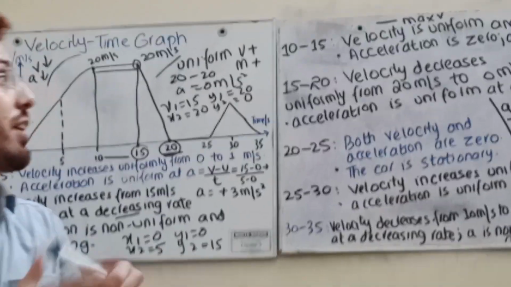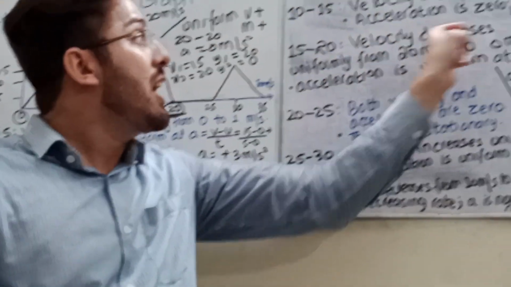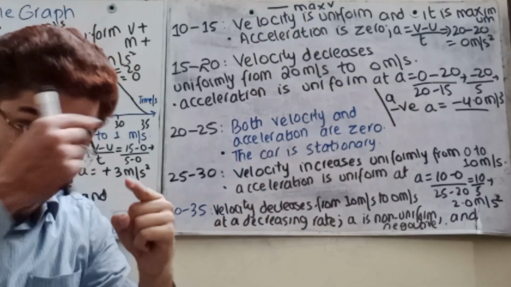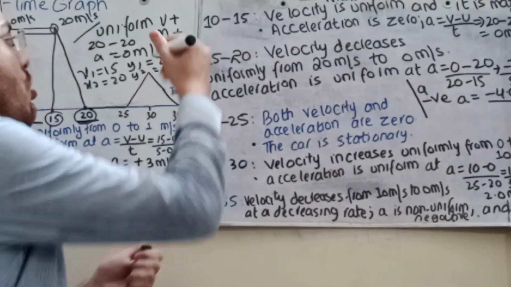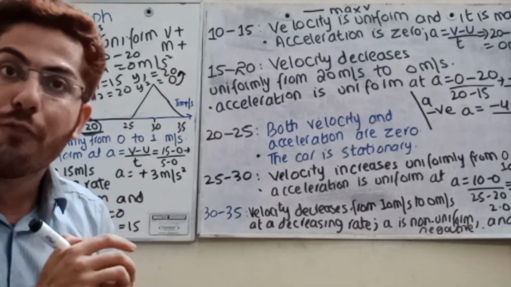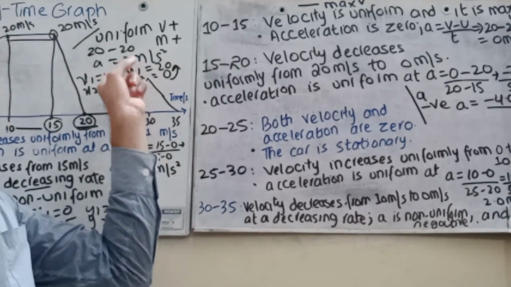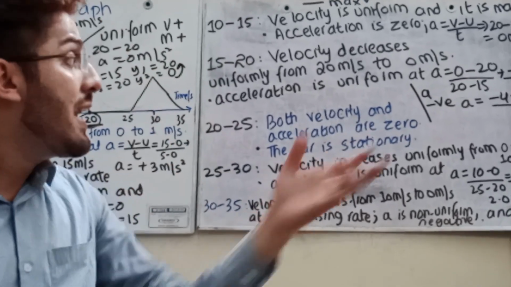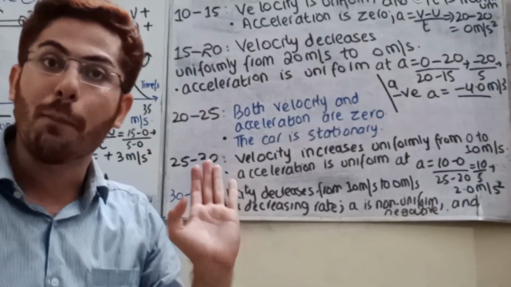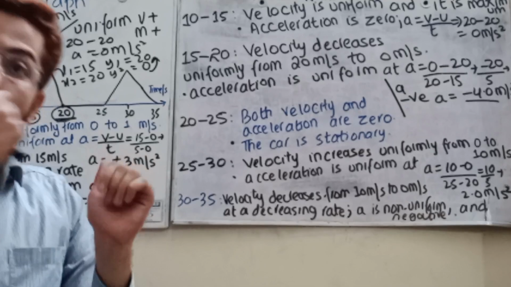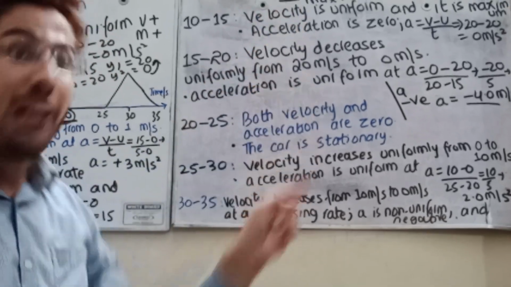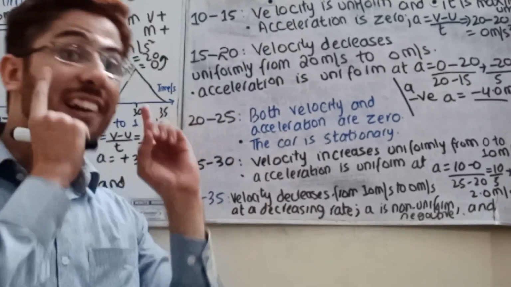That's why I have written over here velocity decreases from 20 to 0. Now you are getting it. Final means 0. Final means 0. 0 minus 20, definitely minus 20, divided by time we have 5, so minus 4.0 meter per second. I am explaining with the help of the graph as well as with mathematical calculation simultaneously, so that